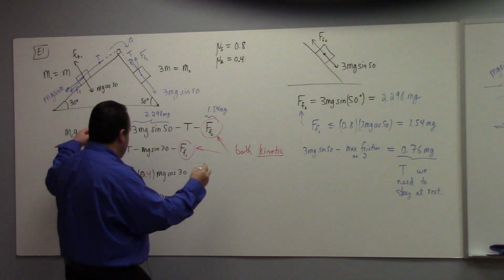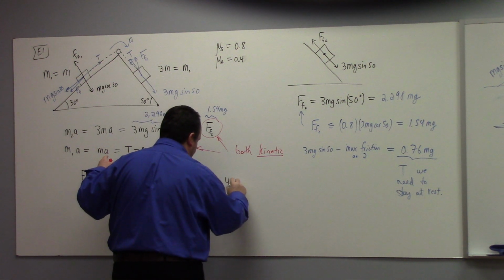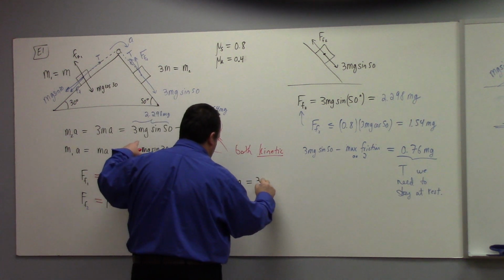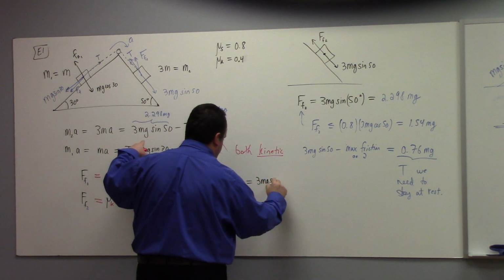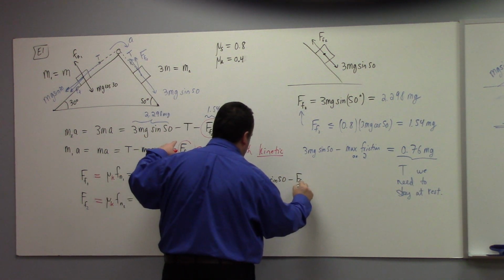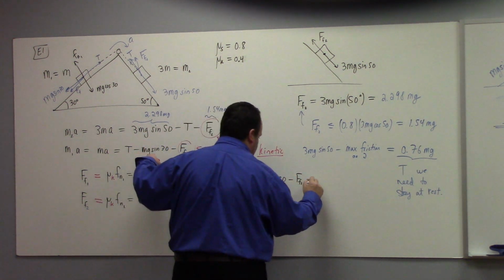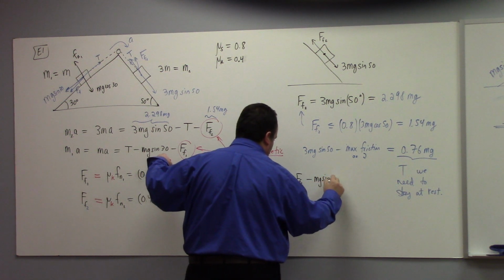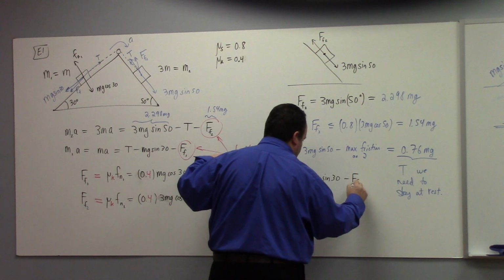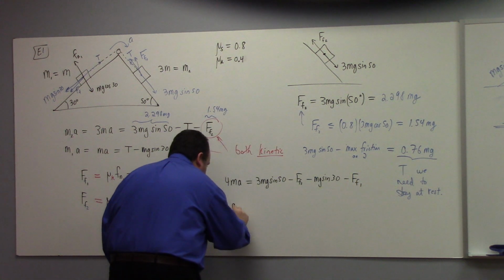Adding the two equations gives me 4ma is equal to 3 mg sine 50 minus force of friction 2 minus mg sine 30. We already know a lot of these numbers, but I'm just writing them down. Minus the force of friction 1, right? So the acceleration then,